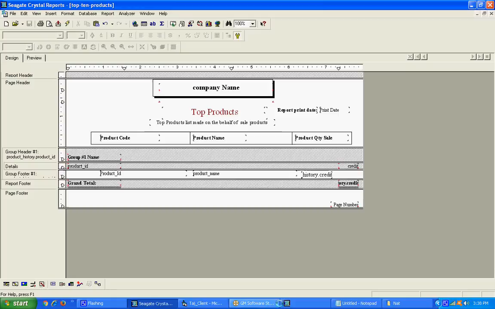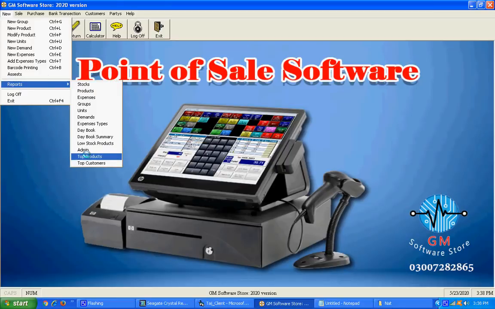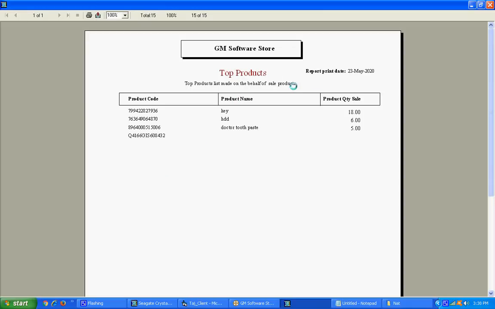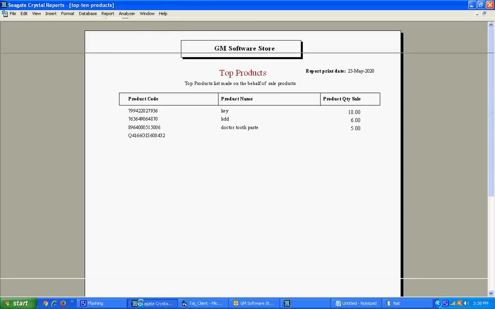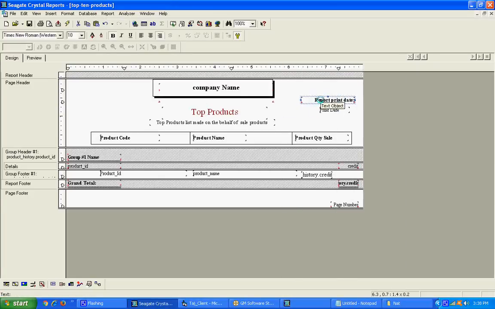Close this report, because this beauty is needed in any report. Top product, this is the top product added. Print report is not working properly, I don't like this type of thing. Done successfully. Alignment center, alignment center. Press the save button.